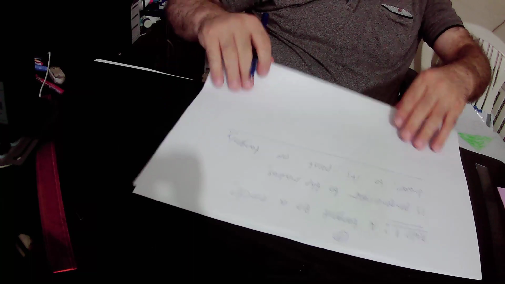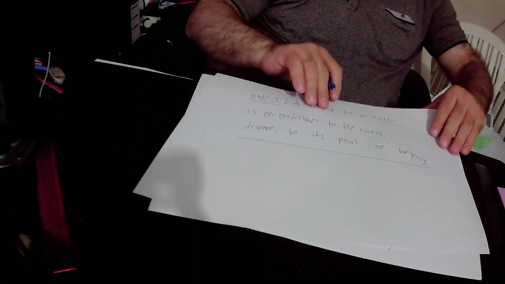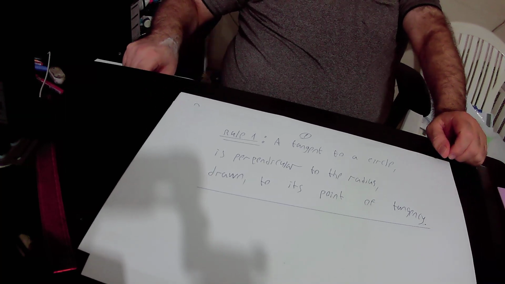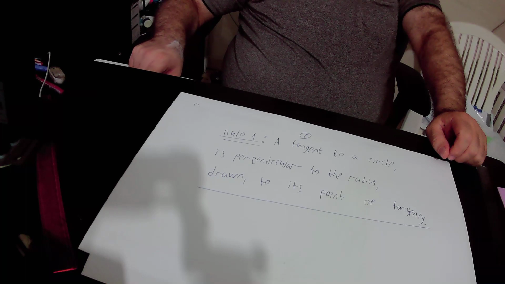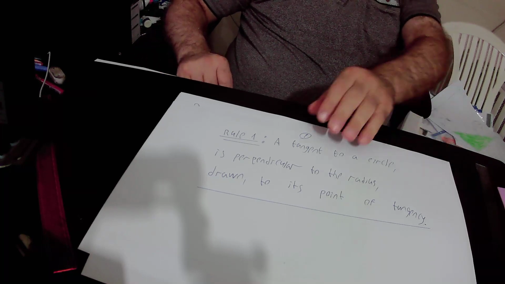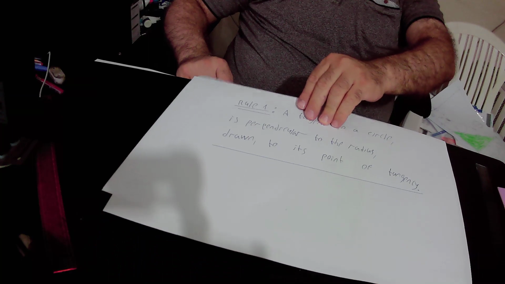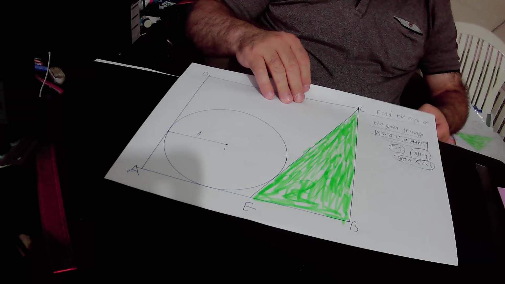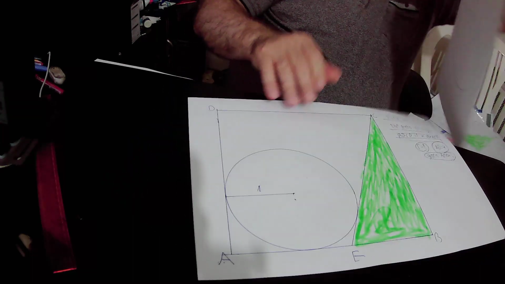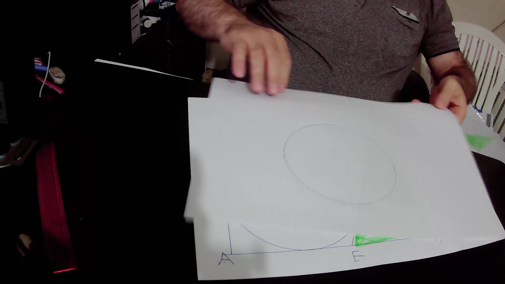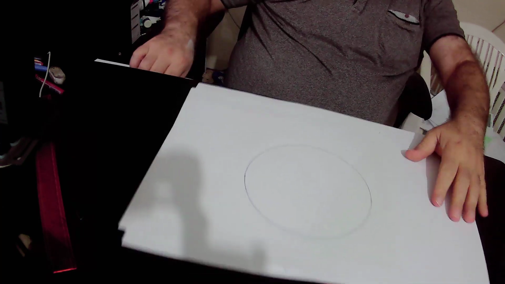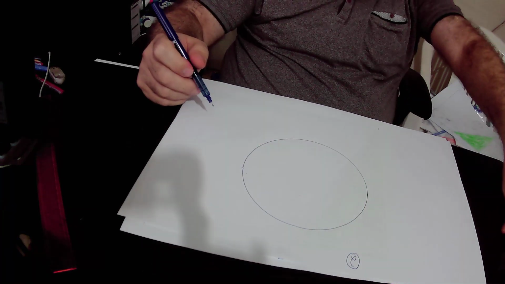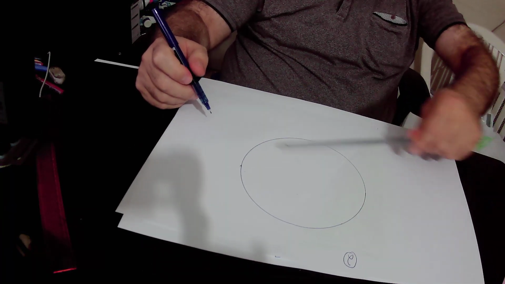I will read rule number 1 again. According to rule number 1, a tangent to a circle is perpendicular to the radius drawn to its point of tangency. So, what is the meaning of rule number 1? The meaning of rule number 1 is that if we have this circle and we have a tangent to this circle,